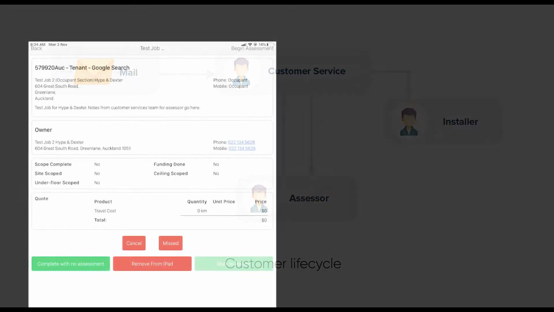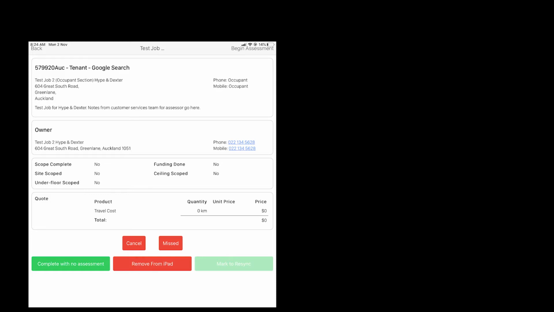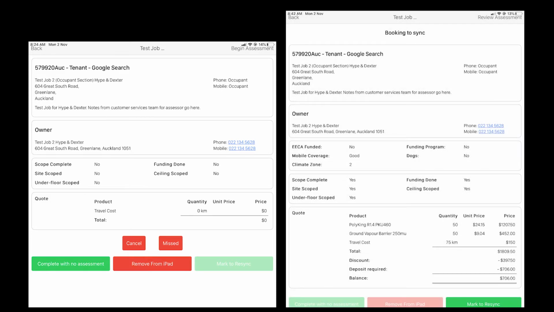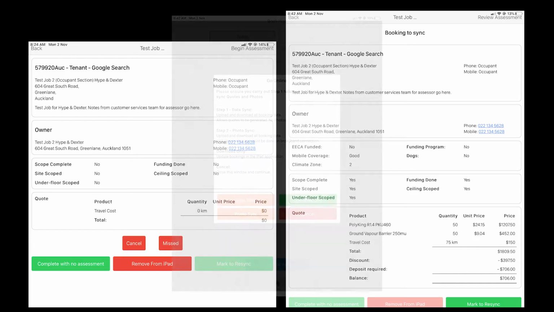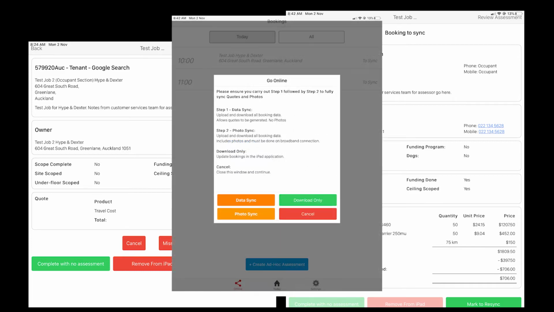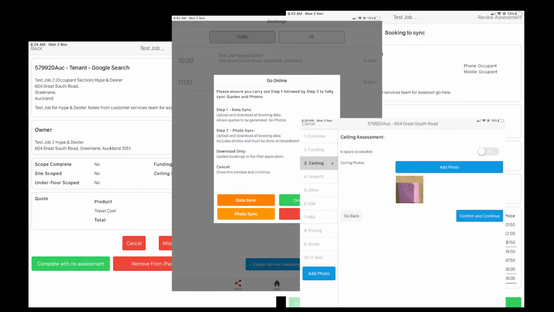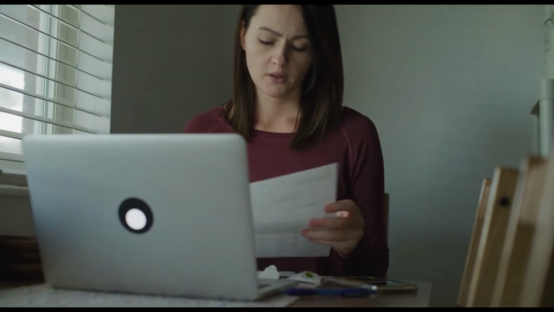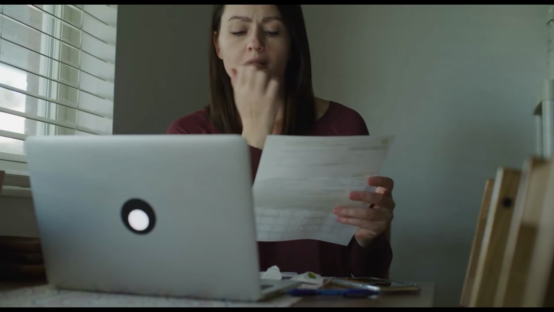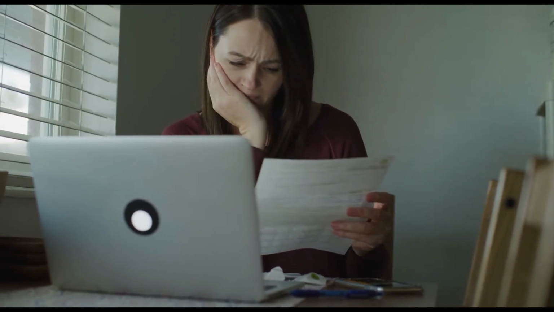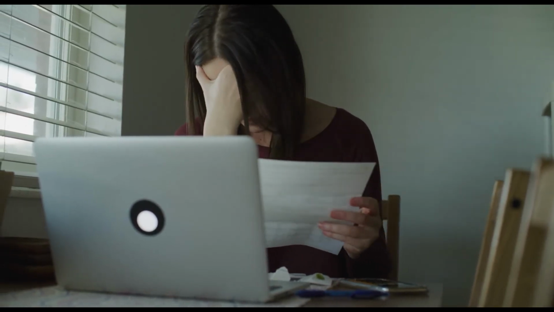Their current system was a Frankenstein of mismatched systems and spreadsheets that crashed whenever too many assessors were using the system at the same time. This was negatively affecting the business's bottom line as they were losing out on tens of thousands of dollars each month through holes in their process and a rising technical debt as their system became more and more outdated.